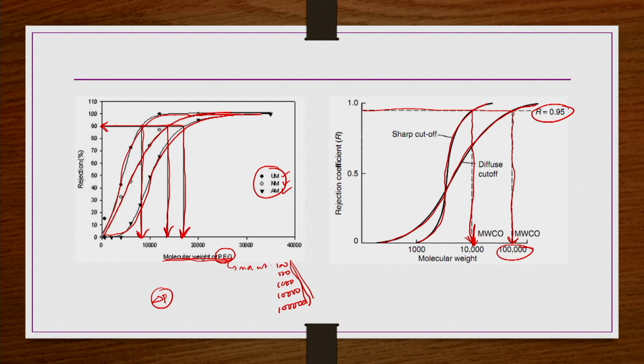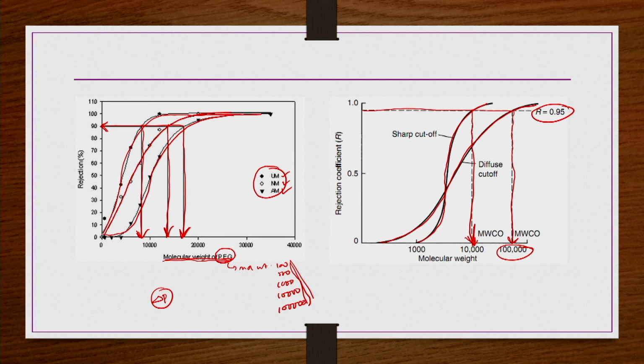That means, if you have a sharp cutoff curve, then it is possible that the pore structure is very fine, and then it can give better separation for smaller molecules, molecules of small size. If you have a diffuse molecular weight cutoff curve, then it is possible that the porous structure is very wide, or the pores are bigger in size, so then separation may not be good enough for small size molecules. Okay, that is the kind of information we get from this molecular weight cutoff.